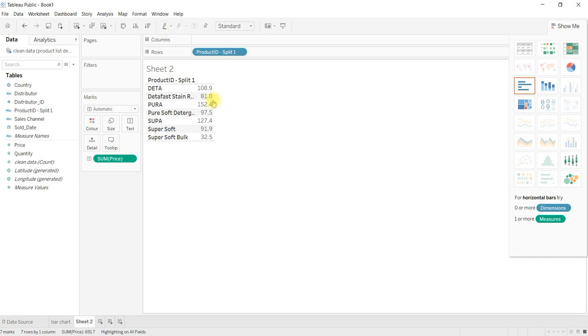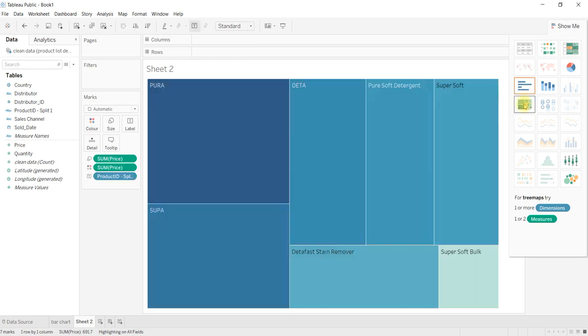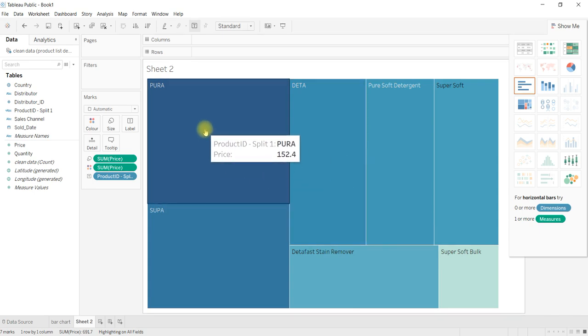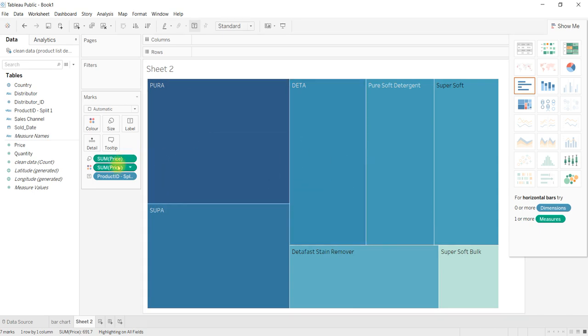For example, if you like to change this one to any other graph, for example, tree map. This will be a tree map. Color is already taken, size also, size depends upon the price, color also depends upon the price, and labels are already taken.